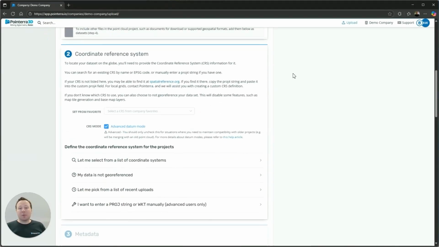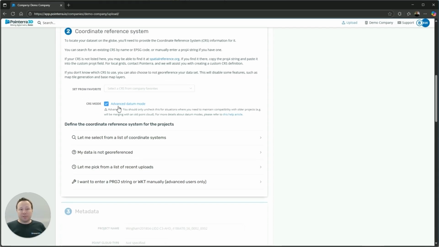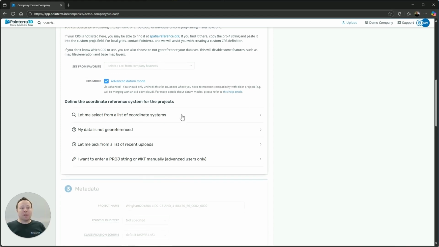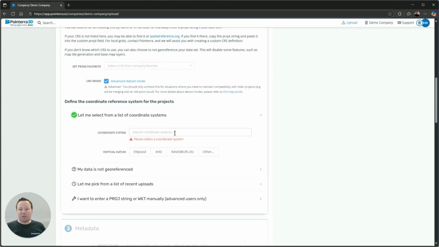The next step is the coordinate reference system. Now, you can choose from a list of favorites if you have set this up in your company configuration. Choose the datum mode. We recommend leaving this turned on. We have access to the entire EPSG code database. So in this case,